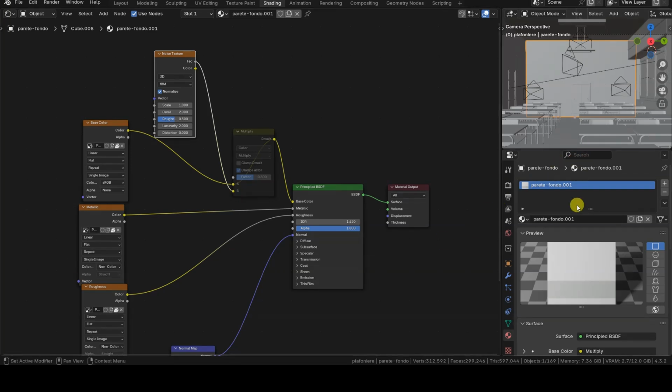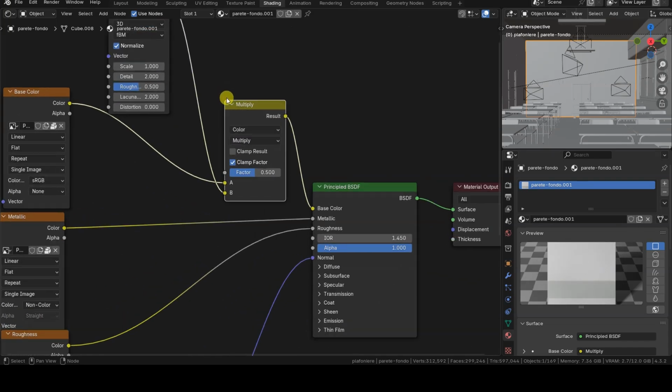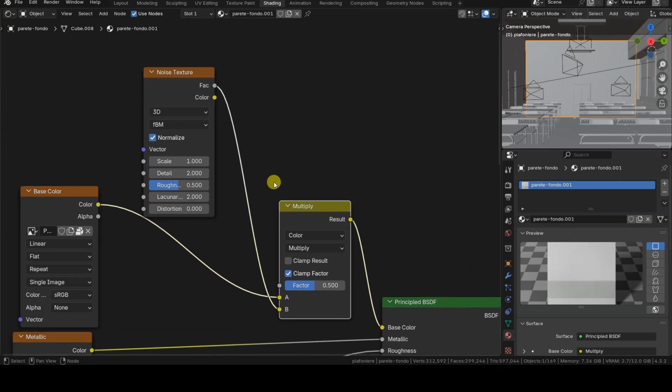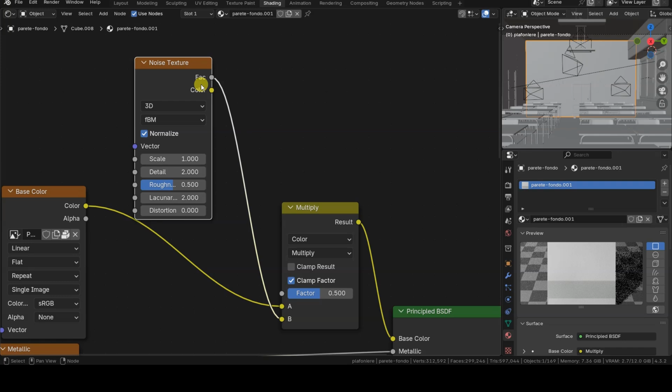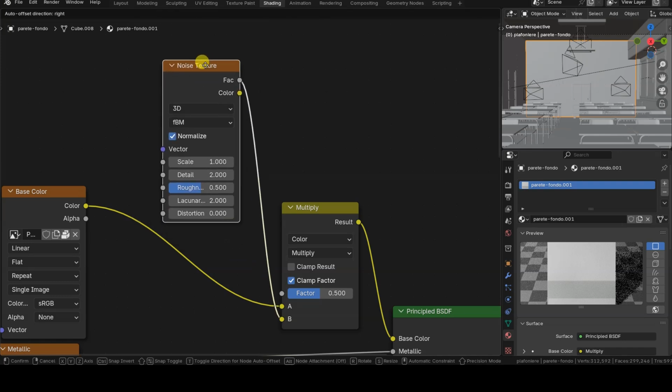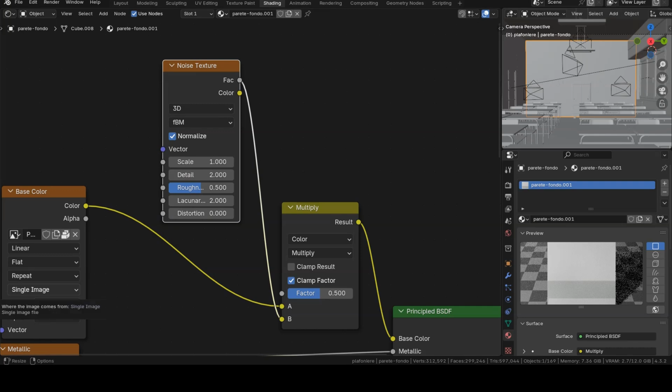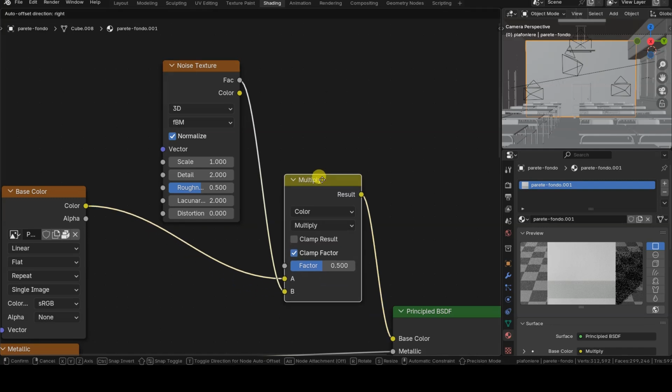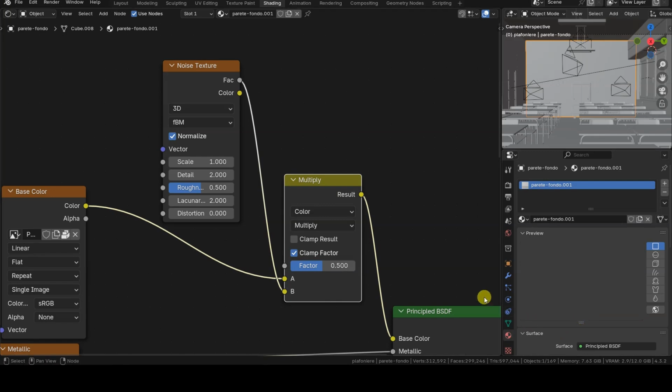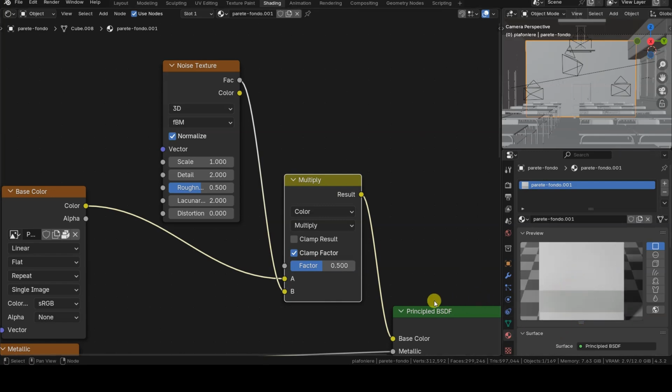Let's start with the noise added to the walls. I multiplied a noise texture by the original base color, which darkened the surfaces in patches. I used the factor output from the noise texture, which is black and white. In this texture, I set the scale to 1 in order to get large patches, since higher values result in smaller, grainier noise. The factor value of the multiplication should be adjusted by checking the preview or doing test renders until you get a satisfying result. In my case, I used a value of 0.5.